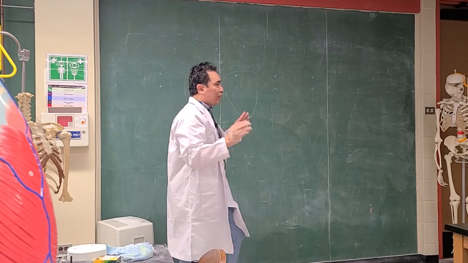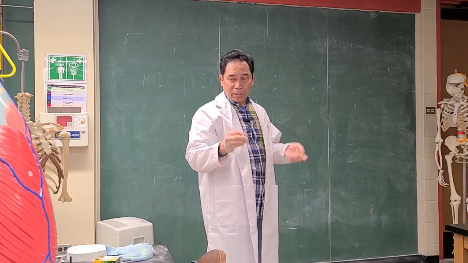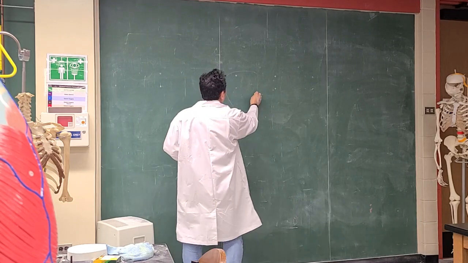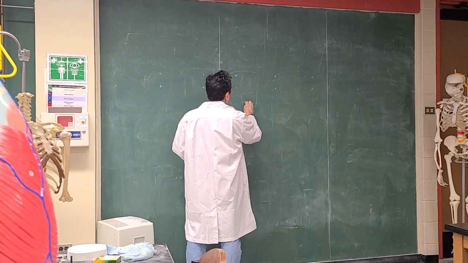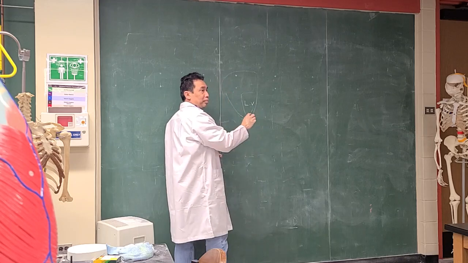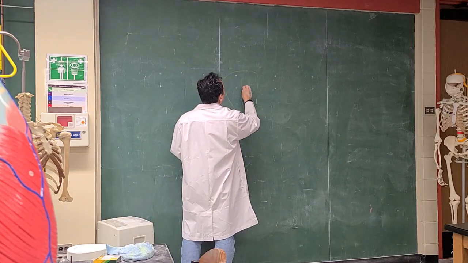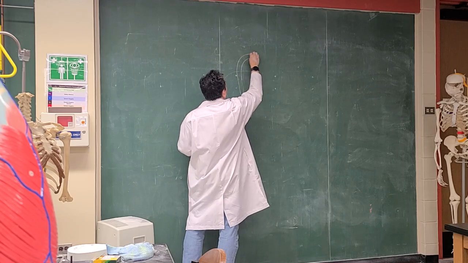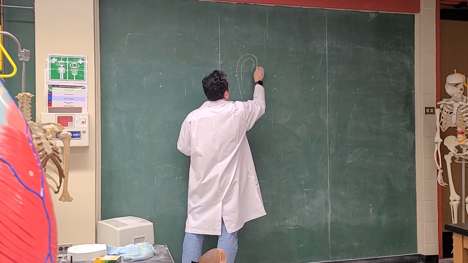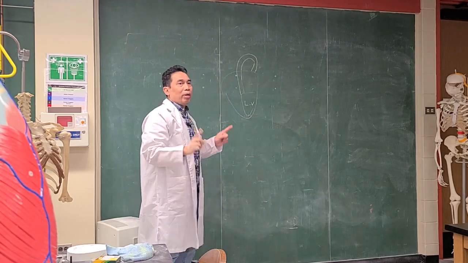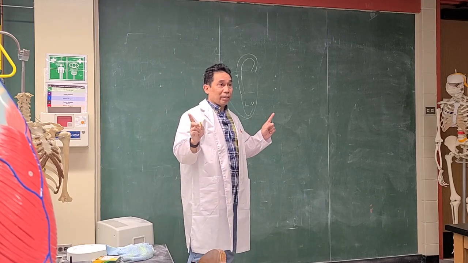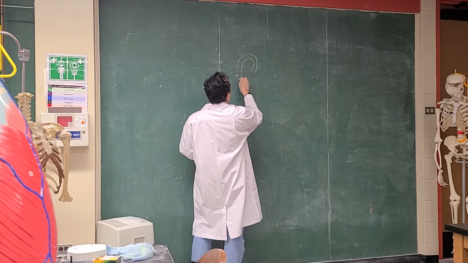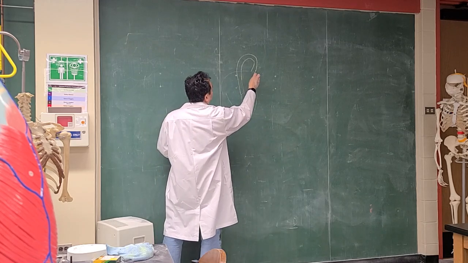Okay, we're going to go to the systemic circulation first. So the color is going to be red. It's going to be from here, which is the left ventricle. Then there will be a big blood vessel. It's called the aorta. Get it? So the aorta is from the left ventricle. So over here is the aorta.